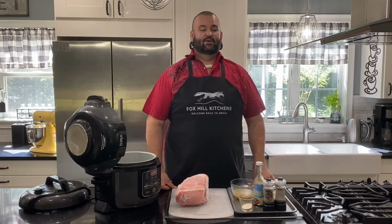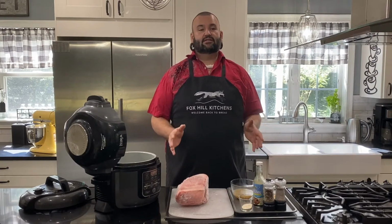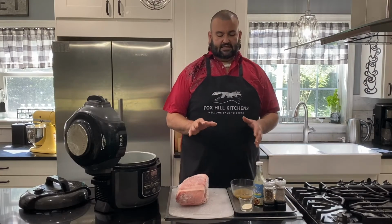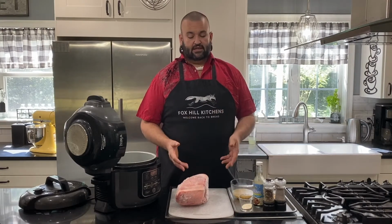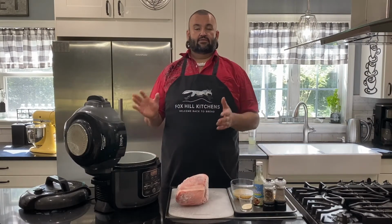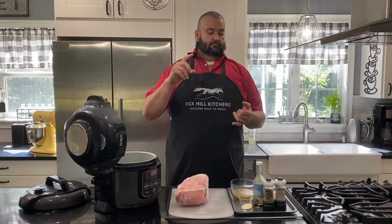Today, we are going to do a very simple cooking skill / recipe. We are going to do pulled pork, but the reason I say this is a cooking skill is because this basic premise can actually be done with beef, chicken, or just about anything to make a shredded meat that you can use on all kinds of applications and have in the fridge as a component to make things like taquitos